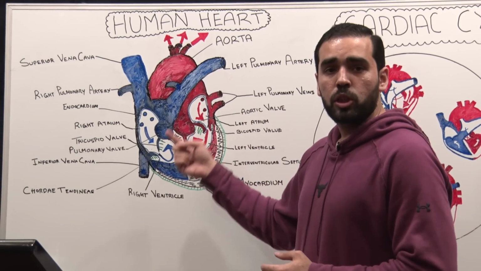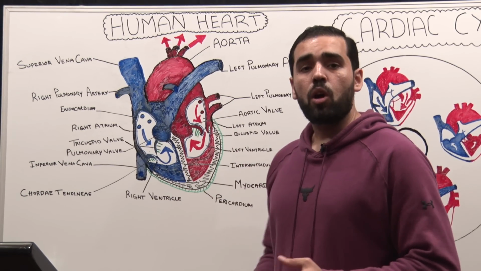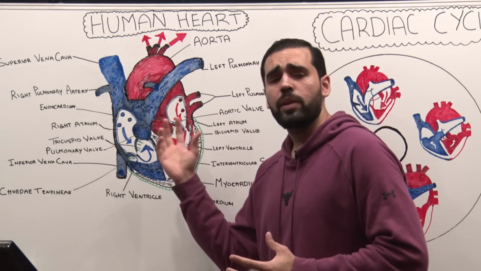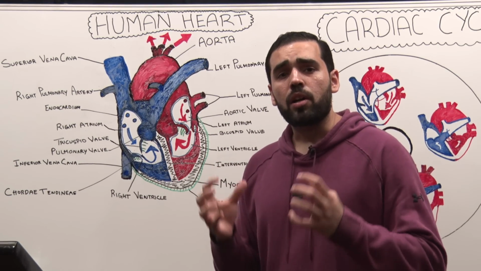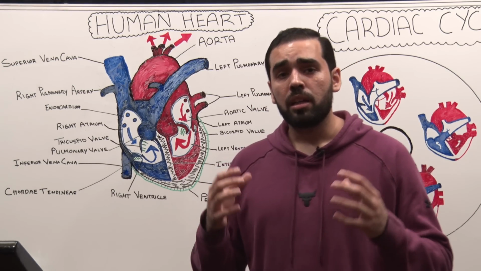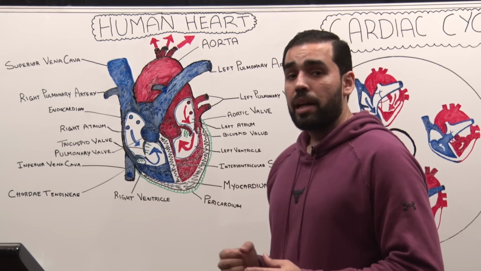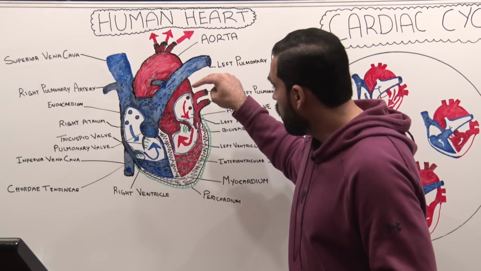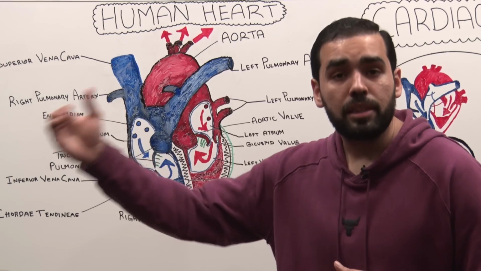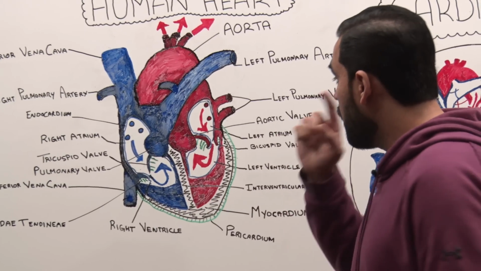So the heart has four chambers: two upper chambers called the atriums and two lower chambers called the ventricles. The atriums always receive the blood and the ventricles always pump out the blood. Another thing you need to understand is that the atriums are a low pressure system, which means the pressure generated inside the atriums is a lot lower than the pressure generated in the ventricles. The reason is that the atriums only need to pump the blood from the atriums into the ventricles, but the ventricles need to pump blood over a much greater distance. Well, depending on which ventricle we are talking about.